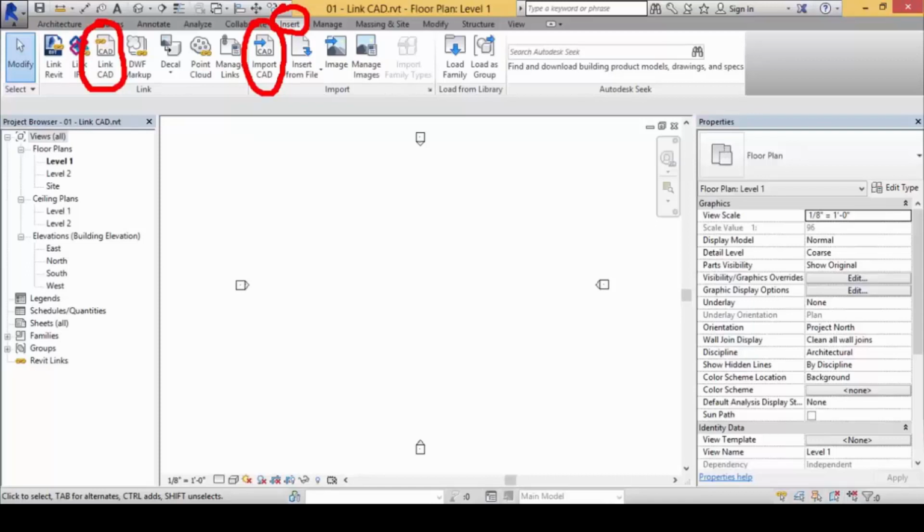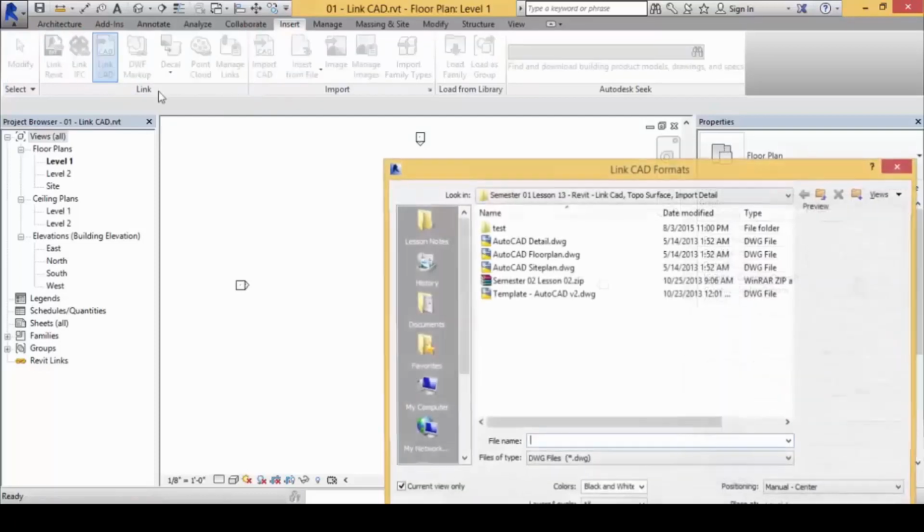Both of these will allow you to bring the AutoCAD file into the project, except one of which you can't explode, one of which you can. We won't talk about that part first. Let's talk about the link CAD portion first.